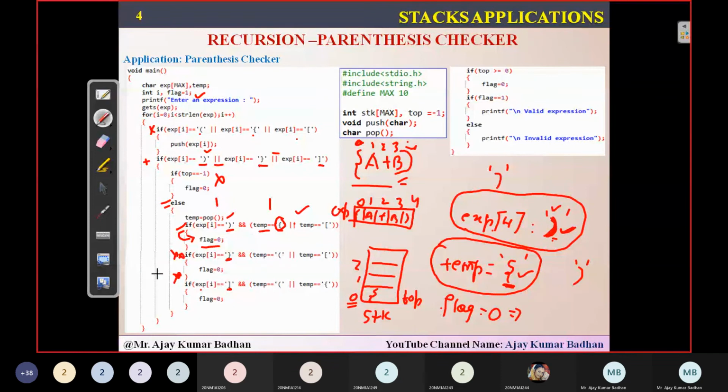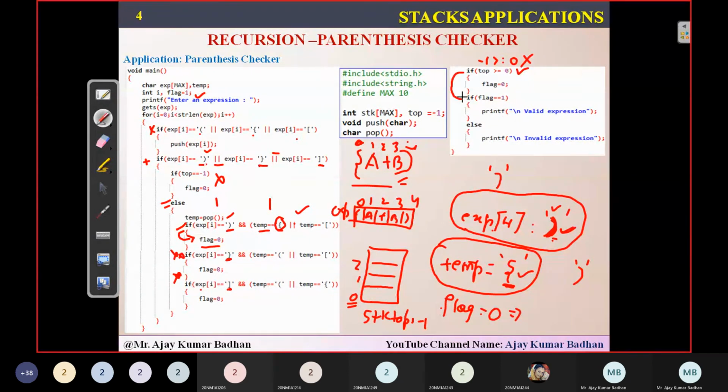Now after this particular loop has been completed, you will jump and come to this location. Is top greater than or equal to 0? Now top you have decremented. You have removed the element from here, right? You remember this? Now top will be decremented. So what is the value of top here? Top is equal to -1. No elements are present in the stack. Is top greater than or equal to 0? So top consists of -1, greater than or equal to 0, the condition fails.